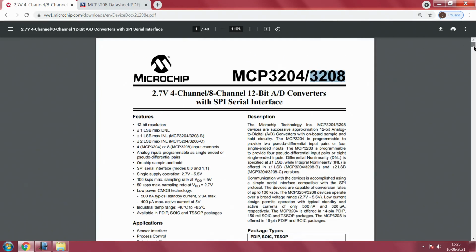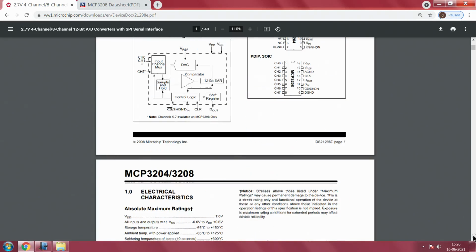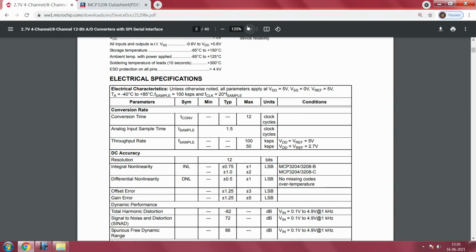We just discussed a few things. Okay, this you can read, you can download this data sheet and read it. But we have not yet crossed over, because there are some very crucial parameters which we have to understand before we move on. And what are those? Those come from this data sheet here, continuing on the data sheet. One of them is the conversion time. If you feed a clock to the ADC, you need 12 clock cycles to convert from the analog to the digital domain. That is what the conversion time is.